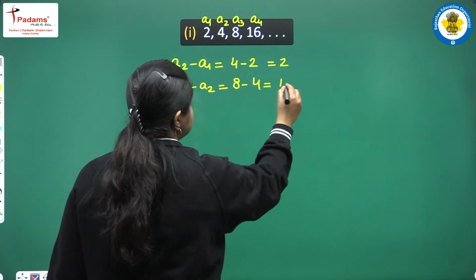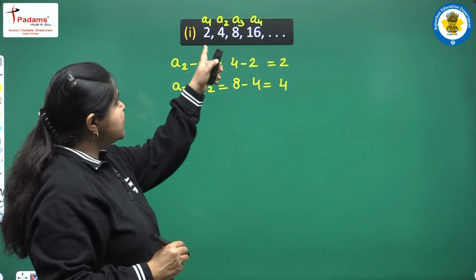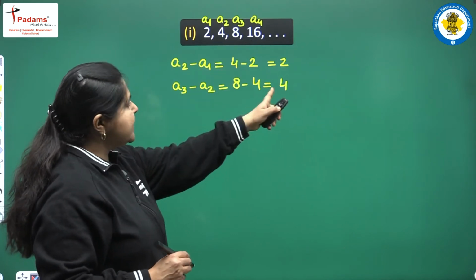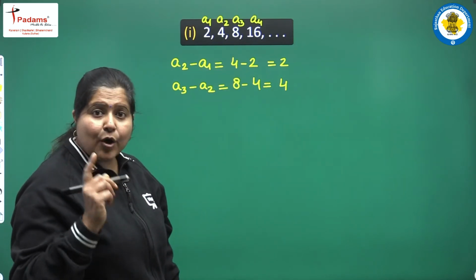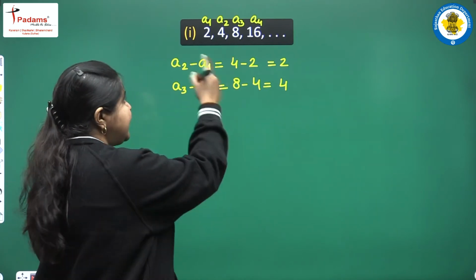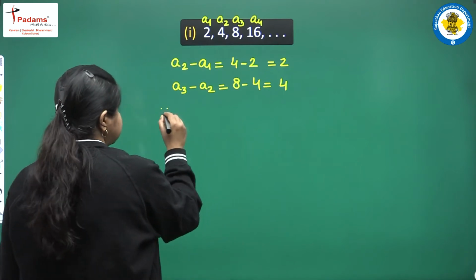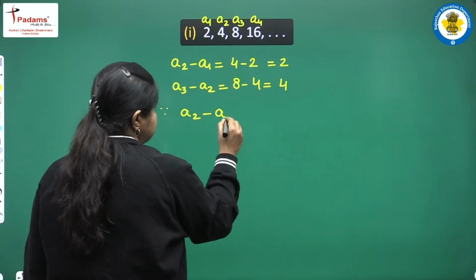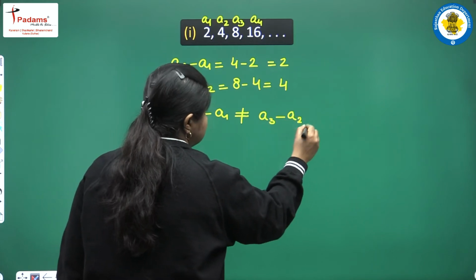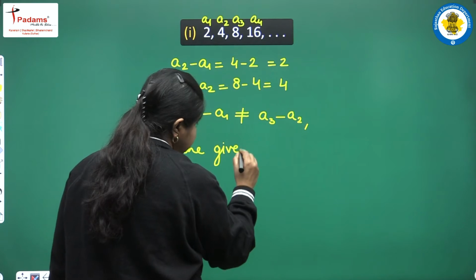This is equal to 4. What we are getting is that the difference between the first two terms is 2, and the difference between the second and third term is 4. The difference is not equal. तो एक ही नंबर बार बार ऐड नहीं हो रहा है और इसलिए ये लिस्ट ऑफ नंबर्स AP नहीं है. We write here, since A2 minus A1 is not equal to A3 minus A2, therefore the given list of numbers